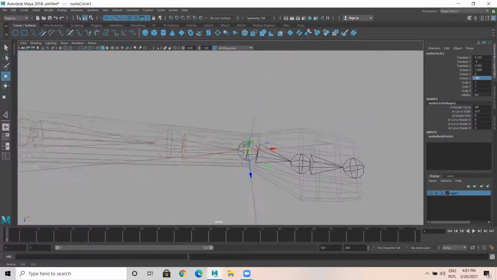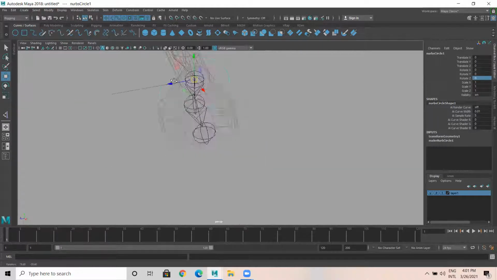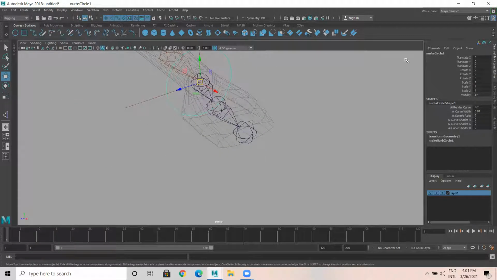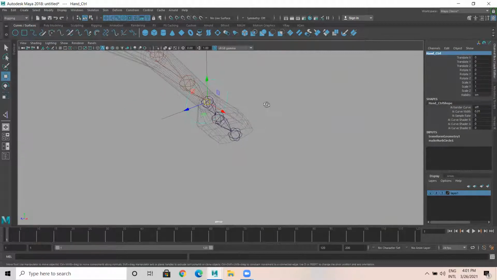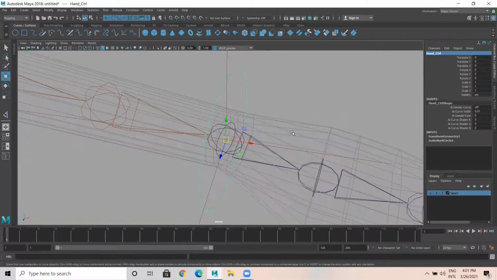Now what I'll do, I select this curve, go to modify. First is freeze transform. First you freeze transform this. This is hand controller. I named it as hand controller. There are certain extra options which we are going to see. Those are called constraints. I'll explain constraints in the advanced session. Now, only for rigging purpose, you just learn this. I'll tell you how to do it.